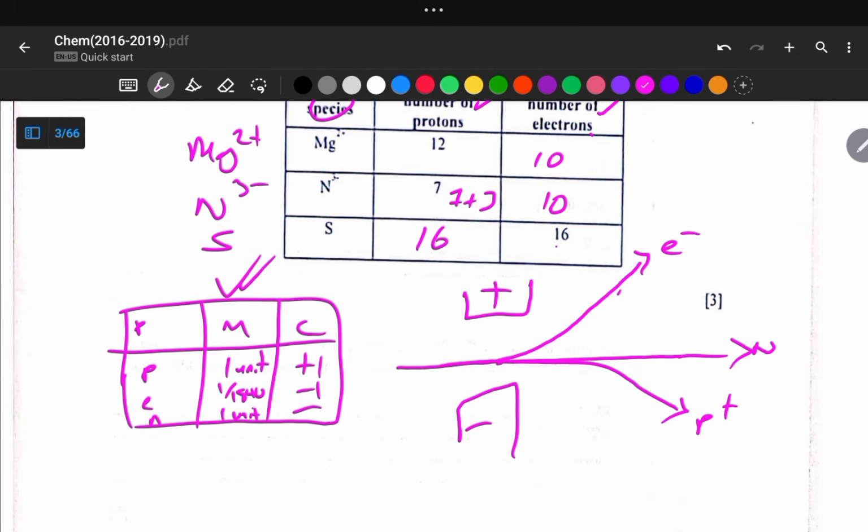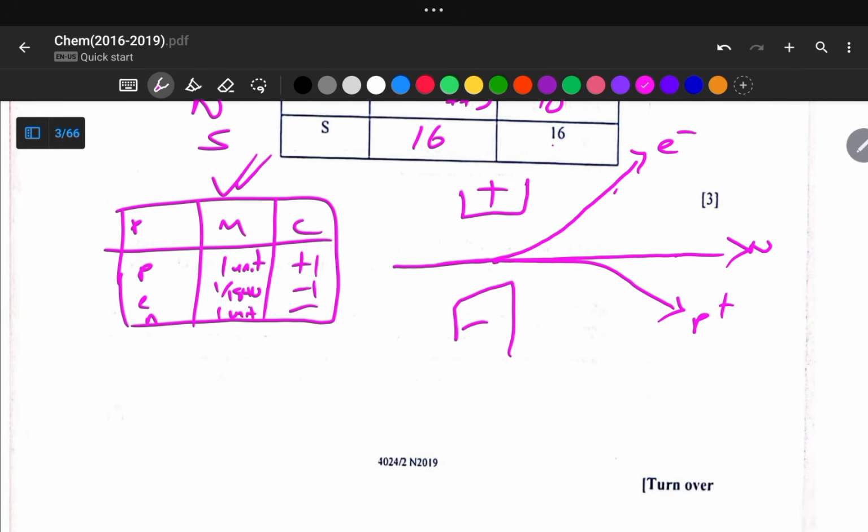Why? Because they are lighter. They've got the mass 1/1840 units the mass of a proton, which is very, very negligible, right? And also protons are deflected to the negative electrode. Opposite charges attract, right? So this is for the electric field. So for the magnetic field,